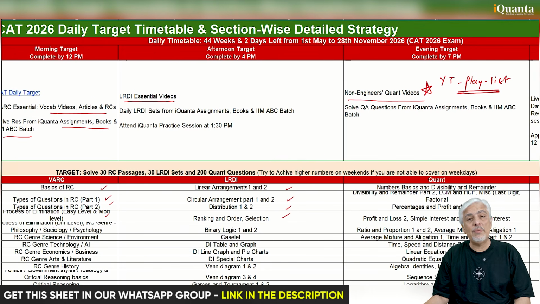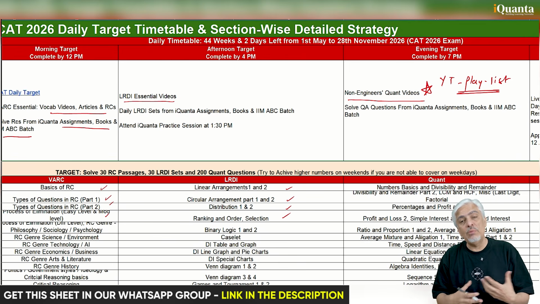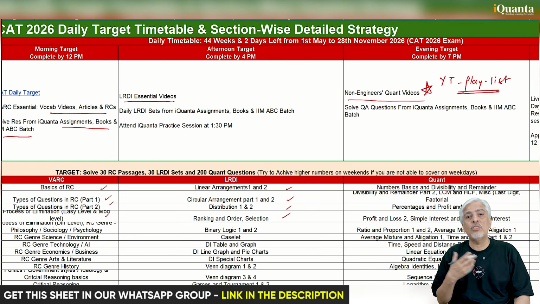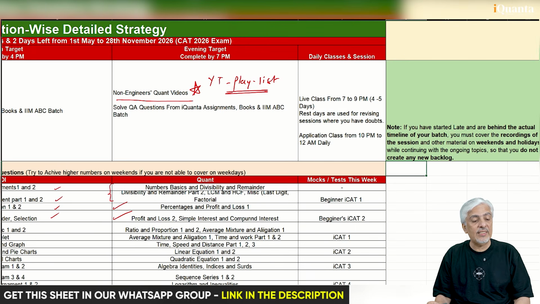Quant, normally people define their syllabus with quant completion of syllabus, because LRDI and verbal you can keep going ahead, because there's no end to it. So in quant, you will finish numbers within the first two and a half weeks. Then you will start with arithmetic, which becomes your most important area. You don't complete arithmetic in May, but you do 2 or 3 very important chapters: percentage and ratios, profit and loss, simple interest, compound interest, all that gets done.